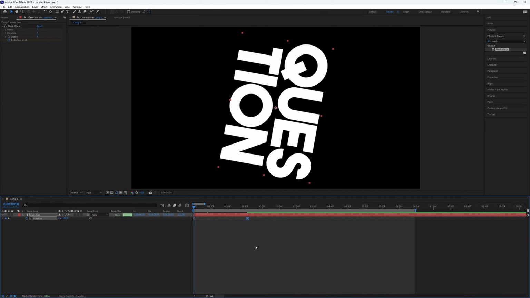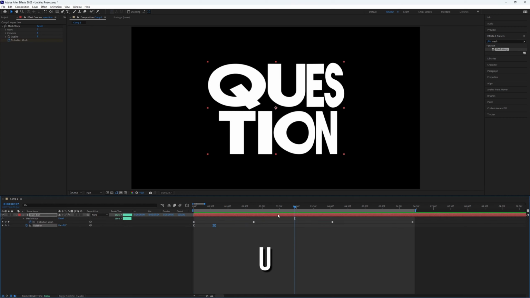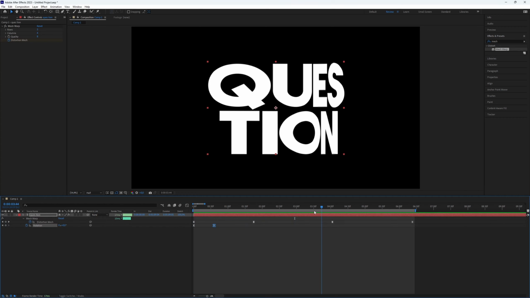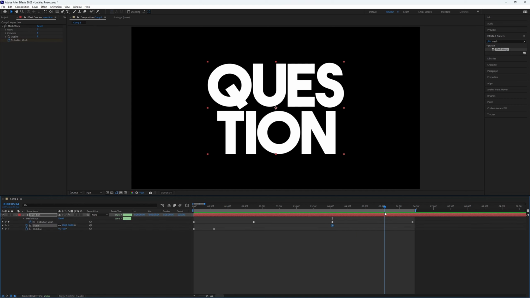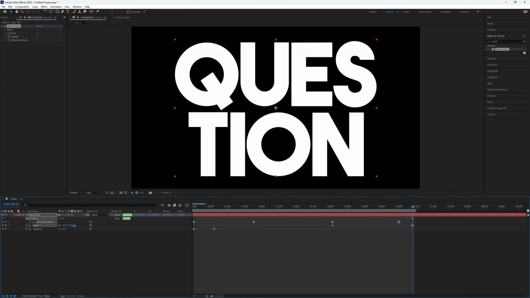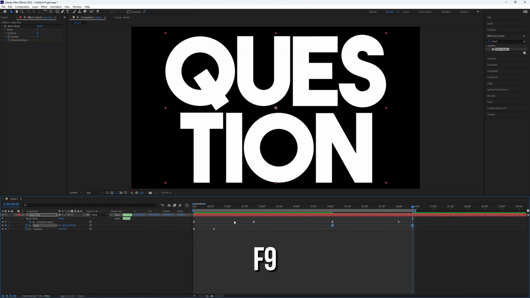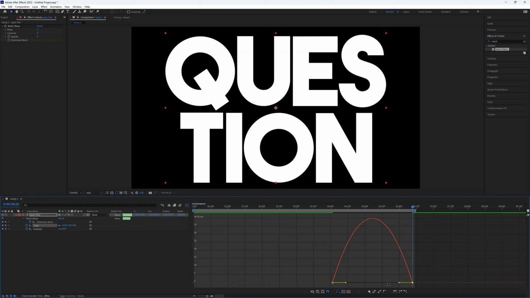For a final touch, add a scale zoom effect. Press U to display all keyframes. Then press S to open scale keyframes. Set the keyframe at the beginning of the zoom effect and another where you want it to end. Choose your desired value. Apply Easy Ease and go to the graph editor and follow what I do with the